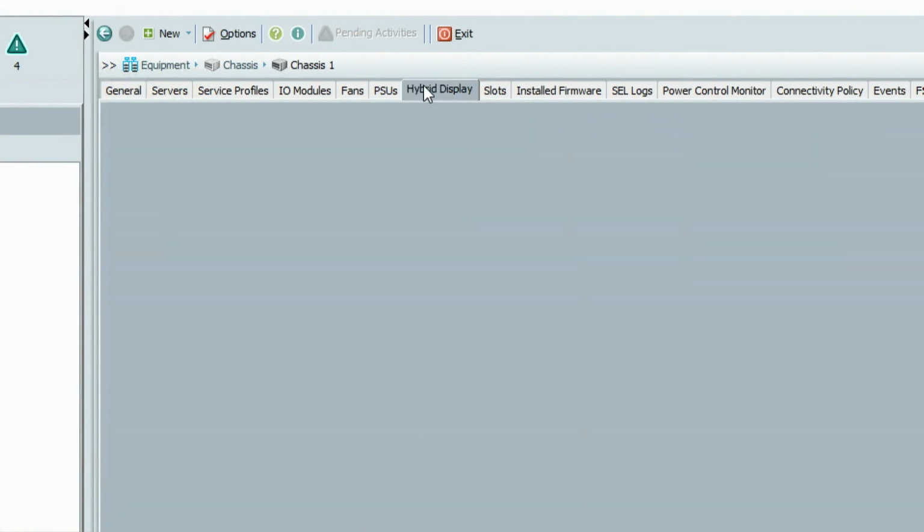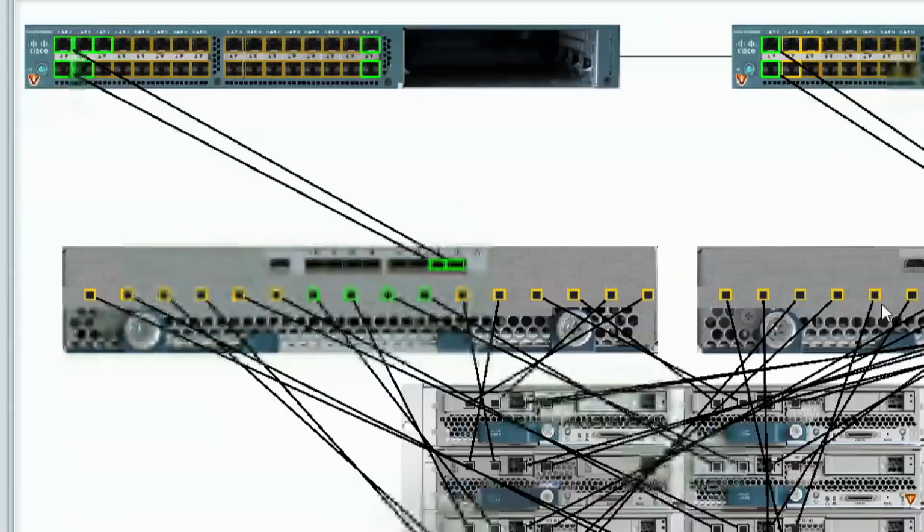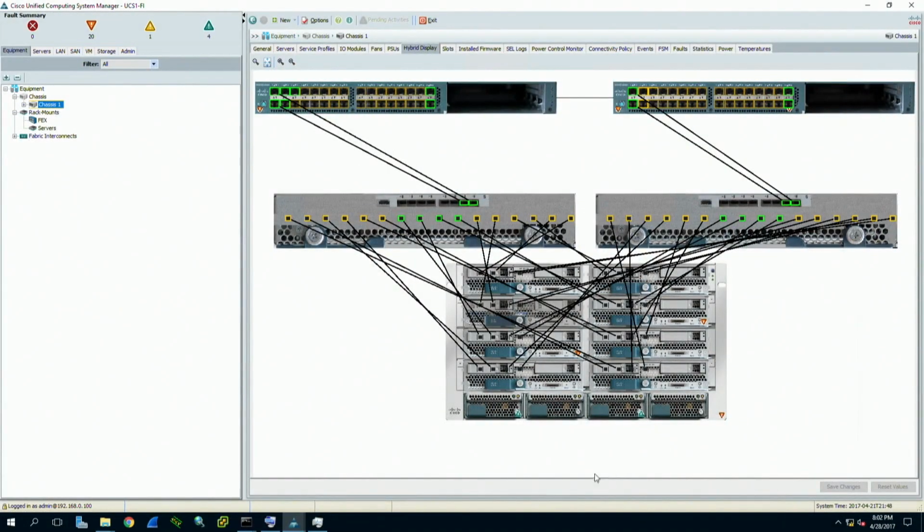And hybrid display. Okay, this shows us the resulting physical connectivity of how the system is logically set up behind the scenes. So again, this is under equipment, chassis, chassis number, and then hybrid display. What this is showing us is that we have Fabric Interconnect A, we have Fabric Interconnect B. There's 2 links going down to I/O module A, 2 links going down to I/O module